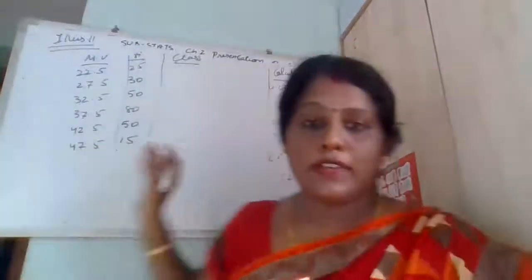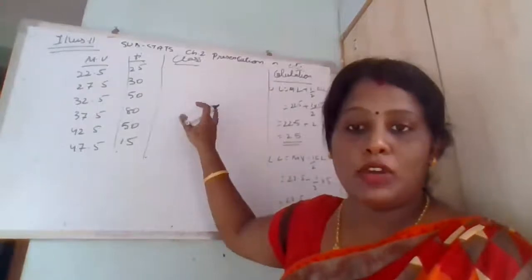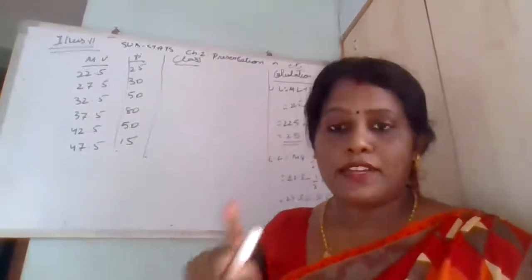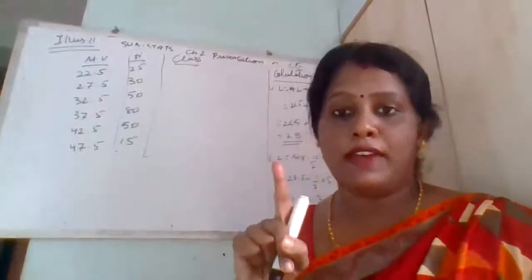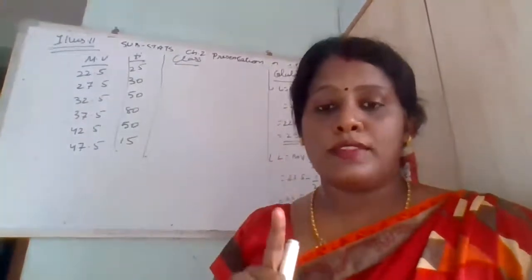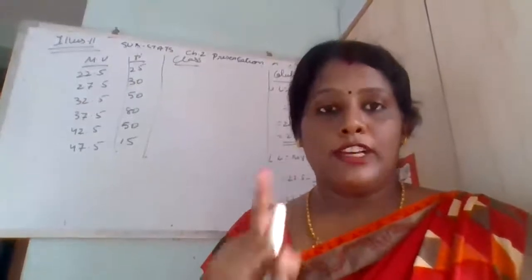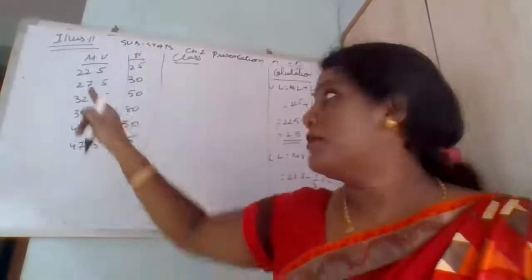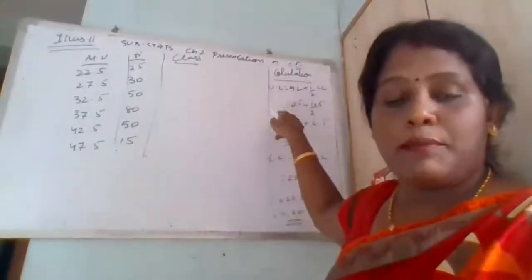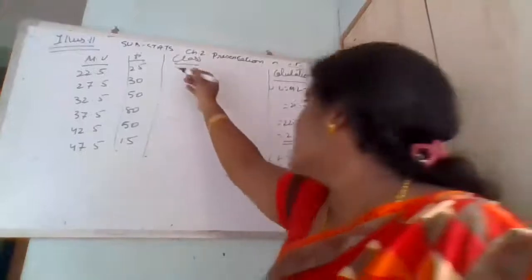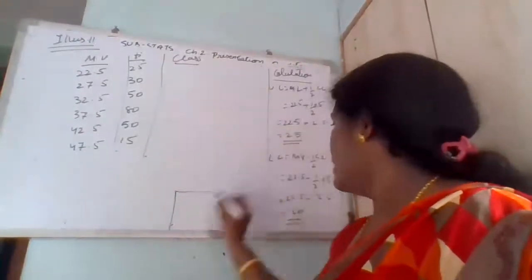This is what we got: the lower limit and upper limit of our first class. Why first class? Because we have taken the first mid value. So whatever we are getting will be our first class, right? So this lower limit and upper limit will be of the first class. That is, the first class comes to 20 to 25.